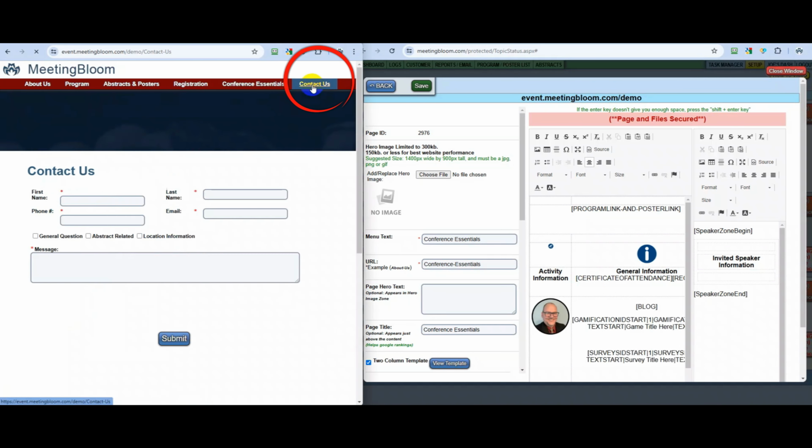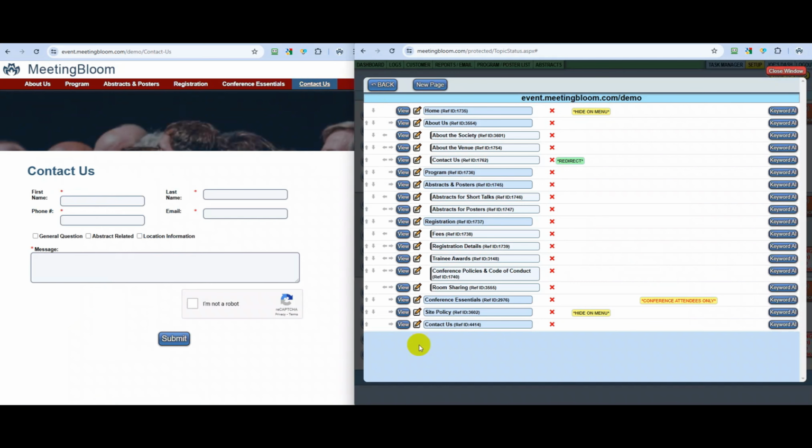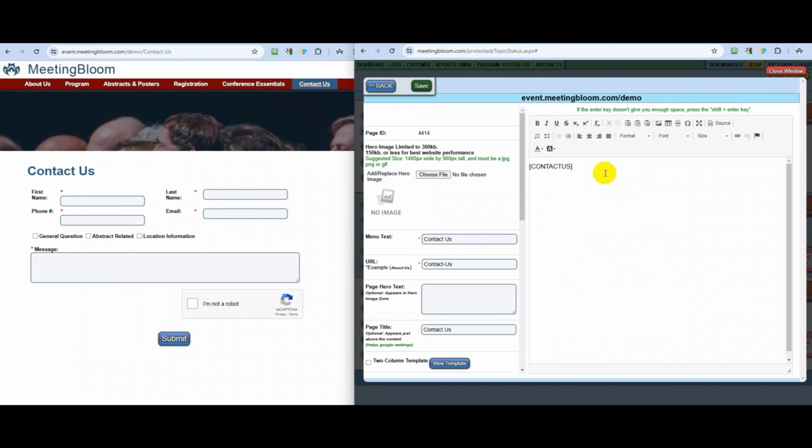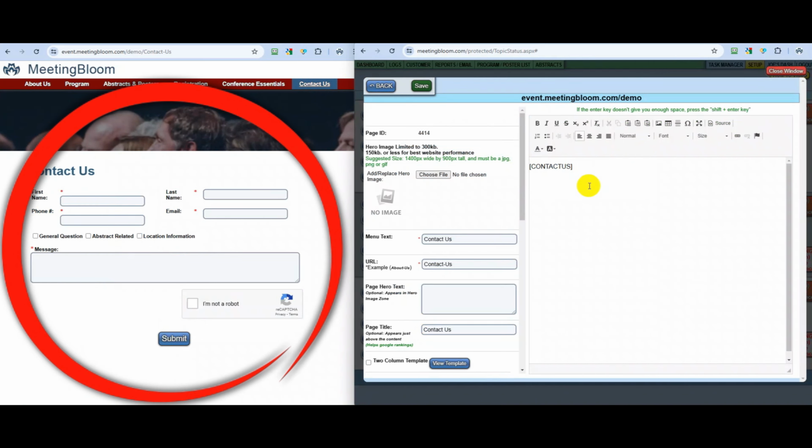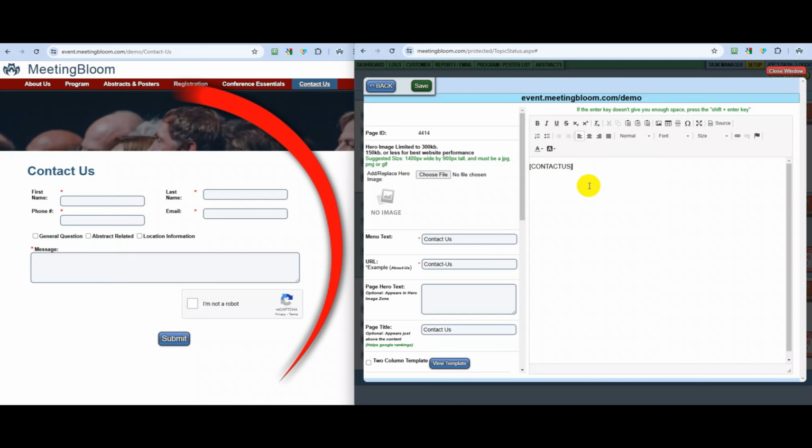And then there's a contact us page. And again, if you see here, it's just contact us. There's no special coding you have to figure out. You just put that on this page, and we're going to kind of set up this for you. There's a site we clone and we give it to you. You let us know the domain name you want to use. If you don't want to have your own domain name, we can have